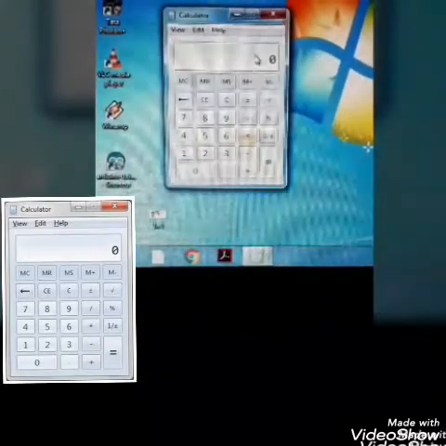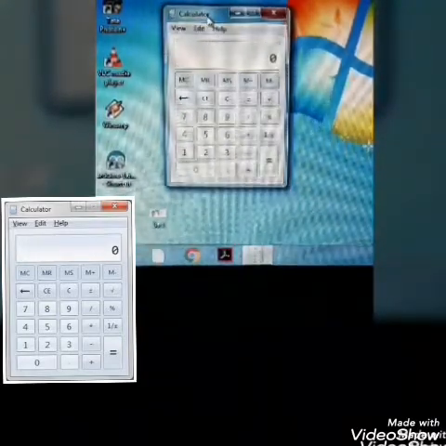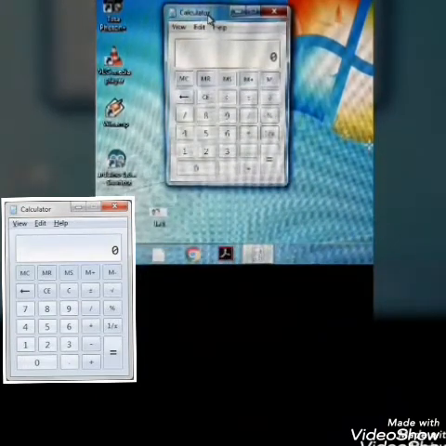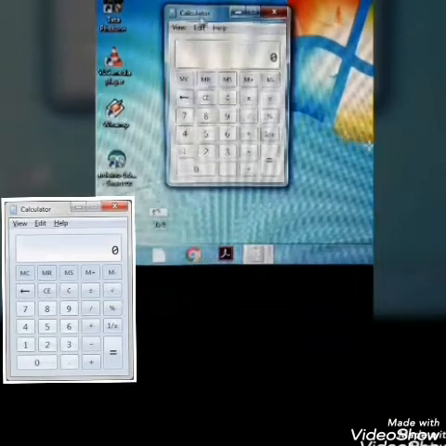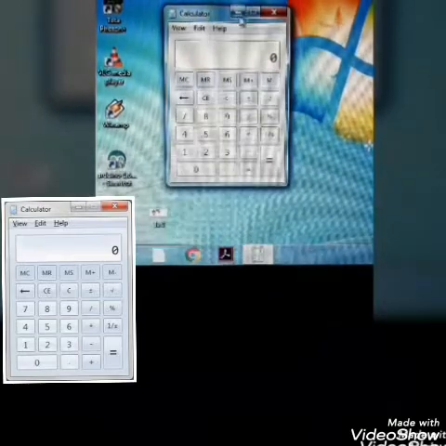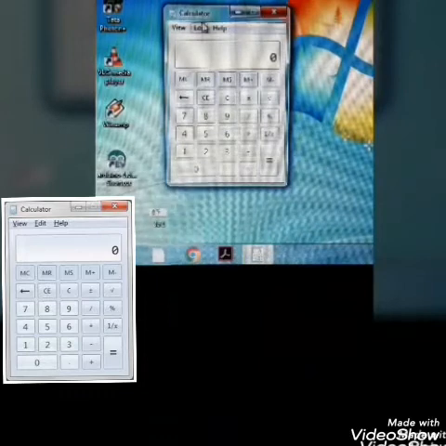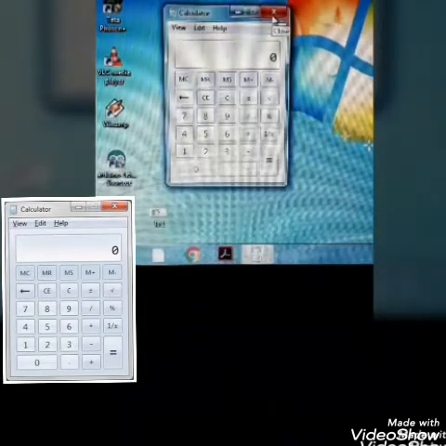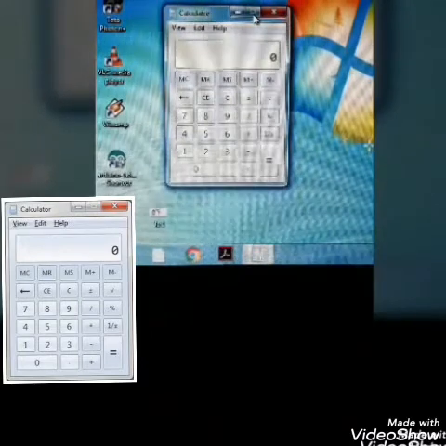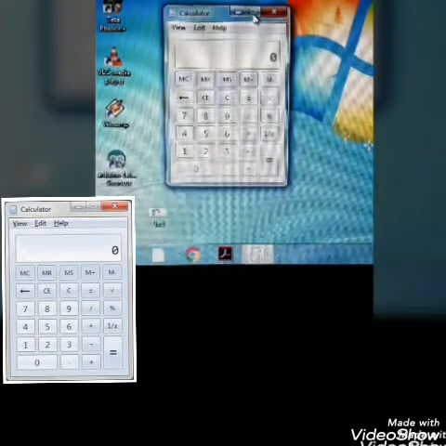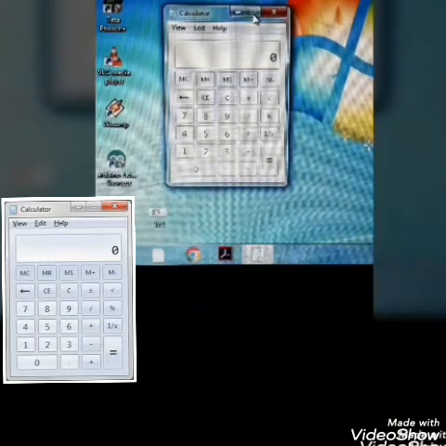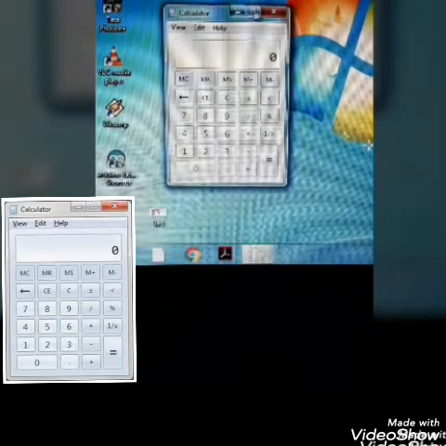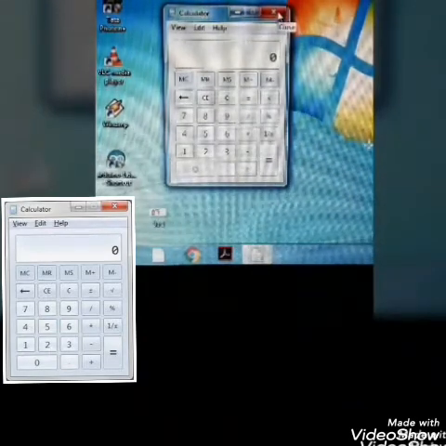See children, here you know this is the title bar, and why it is known as the title bar you have already learned in MS Paint and Notepad also. The same way here also we have the title bar, and here in the right side corner we have three buttons: minimize, restore and close. But as you can see here children, the middle button is not highlighted because we are not allowed to use it, because we can't maximize the calculator app here. But this minimize and close button you can use.